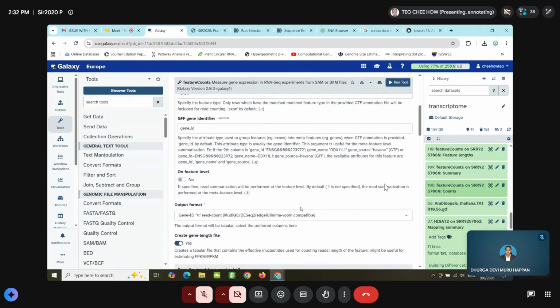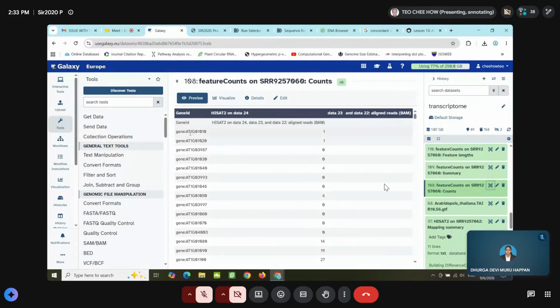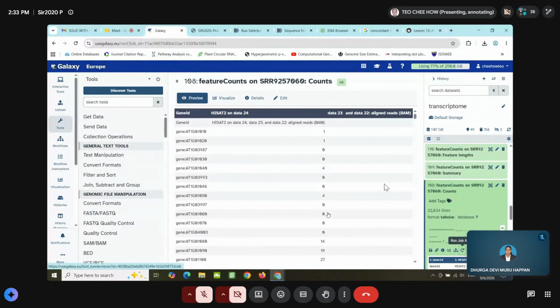So then you want to perform the mapping. The format for the output is the gene ID, which is this one, then a tab, followed by the read count. So when you do that, you will get a count table like this, a count matrix, the feature count matrix. So you see, for gene number 1, you have an ID of 1, only 1 count, 1 read aligned. And 2, this one also 1 read aligned.